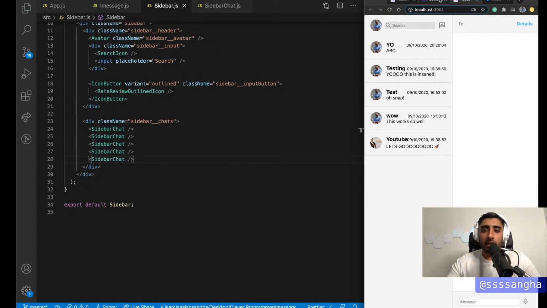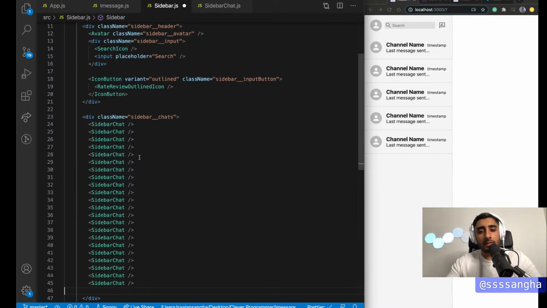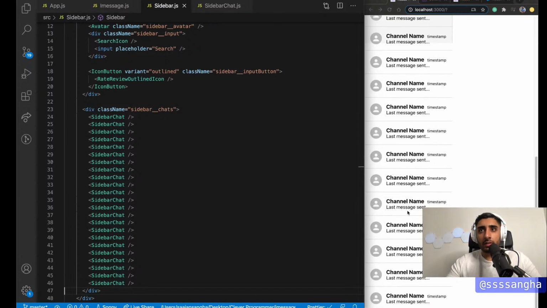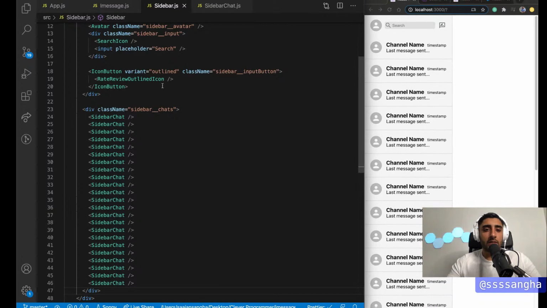We can pretty much, this is starting to look a lot like our build, right? Now, if I was to go ahead and spam this thing so that it goes a bit longer, you see it, we kind of broke the page, right? The page isn't really working in the way we expect it to. So to fix this, what we're going to do is go over to our